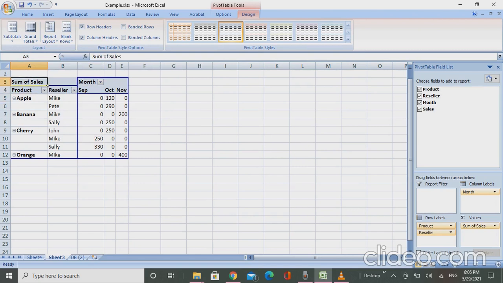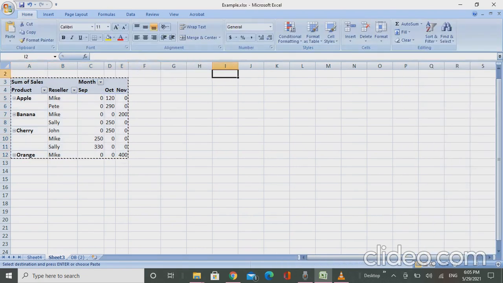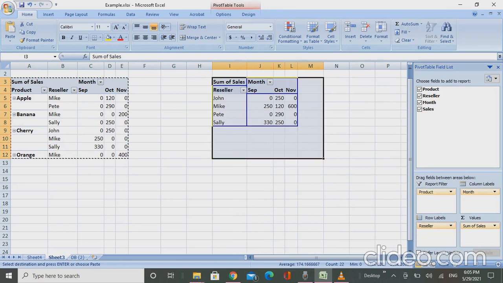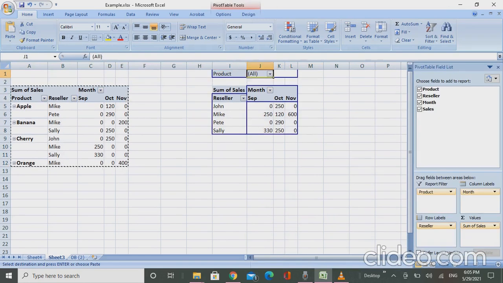I'll copy this pivot table and copy it to here. For making any sort of sense, I'll take the products to this filter thing. So now I have a total of all the products reseller wise, like who has done maximum sales of any sort of product.